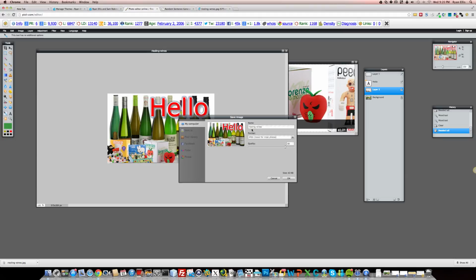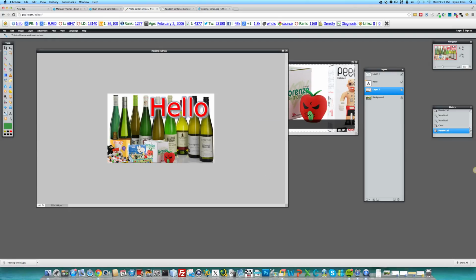No other computer can read it unless you're going through the website, which is not going to work for web pages. For web pages, you need to save as a JPEG. That's the best thing. If you need transparency, so if I cleared out this white here, and I wanted the bottles to kind of look like they were in line with the background, because for example, say my web page background was gray. Let me show you real quick actually before I save, just to demonstrate the difference